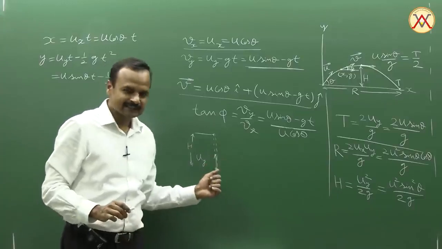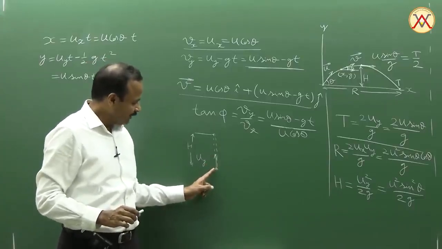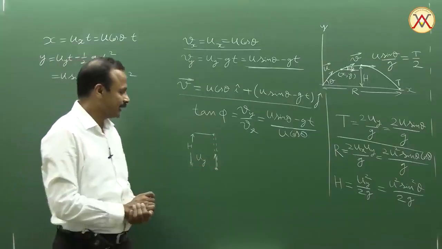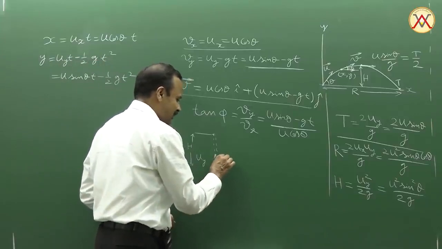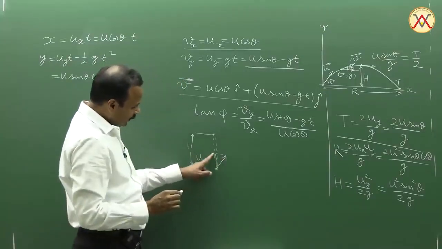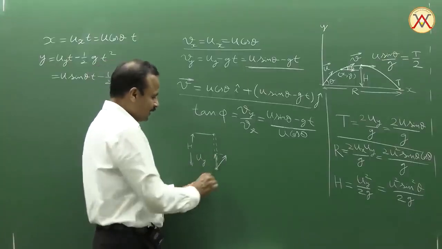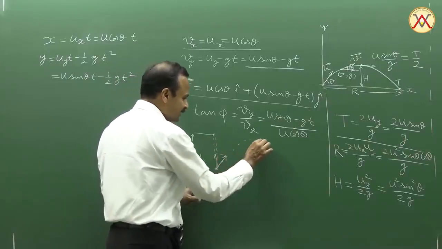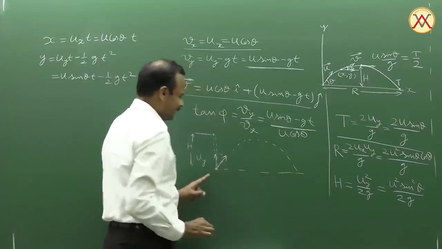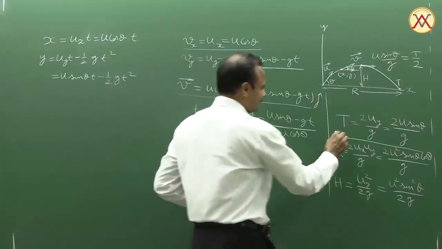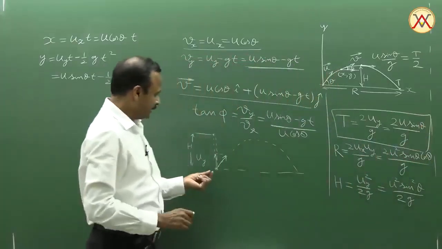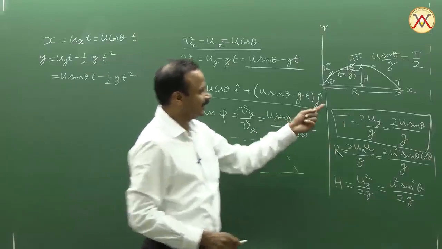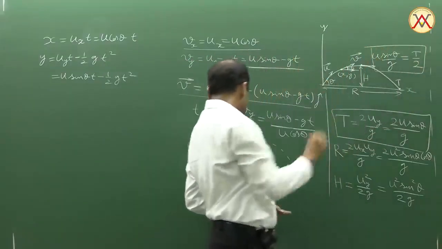Now we know that in such a situation, the time taken by the particle for the upward journey is equal to the time taken by the particle to come back. The same is the case with this projectile launched with the equal y component. If the y component is equal, the time of flight of this particle thrown up vertically is the same as the time of flight of this projectile. And this is given by this result for time of flight. And if you want to calculate just the time for the upward part of the journey, it will be exactly half, given by u sin theta by g.